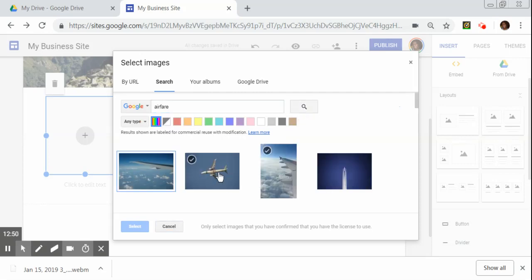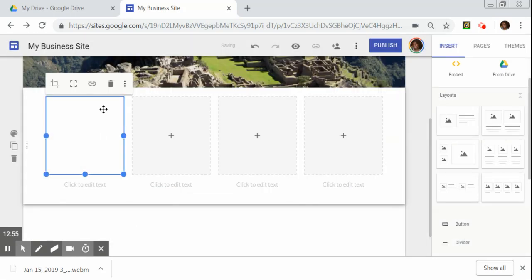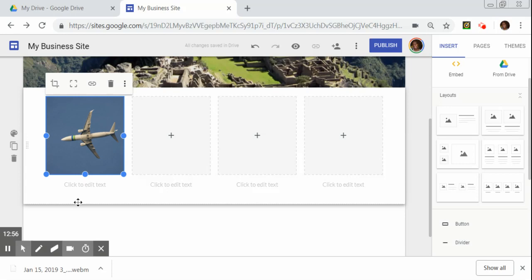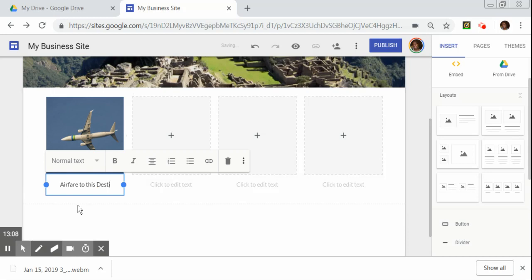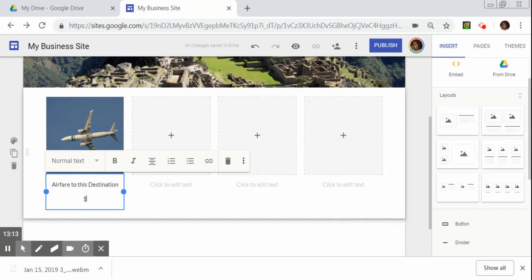Okay, let's put the airplane up there as the picture for this product. So this is going to be our airfare portion. Okay, let's say airfare to this destination. And let's say it is, let's say